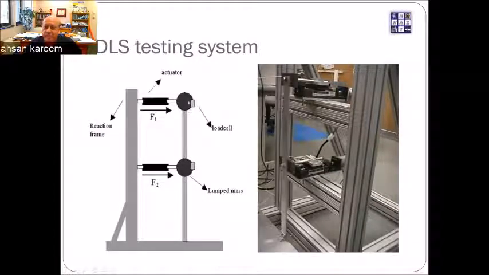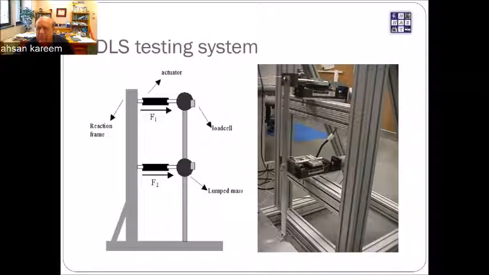In our grant, we did a 2 degree of freedom system. And once you apply, you are told that here is the time history of the load. And if you apply that onto the building, the building is going to move, or the structure is going to move. And then you will disturb everything, and you would not have the same load applied on the structure. So this means dynamically you have to update your actuator so that it follows the load we have. So we did this little gadget here in which ball screw actuators were used in order to simulate that. It had quite complicated control systems and